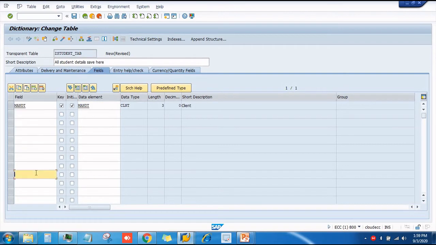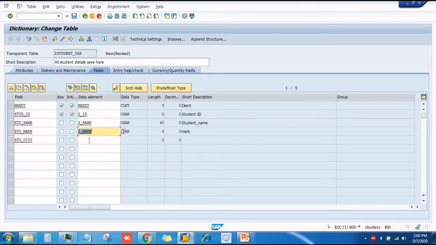Here you have to input some field names like student ID, student mark, student name, student city. Let us input student ID and student name, how much mark the student scored, and which city they are staying in. Choose student ID as our key field and initial. Already I have created a data element and domain. That one is z_id. In our next video I am going to discuss how to create a data element and how to create a domain. Now choose student mark, z_name, z_mark.